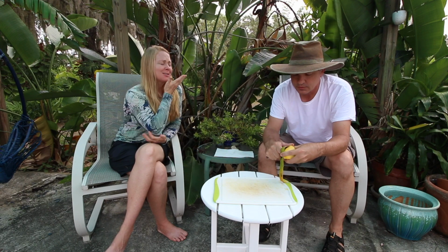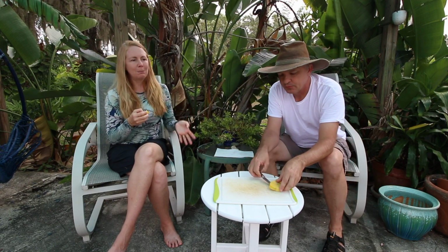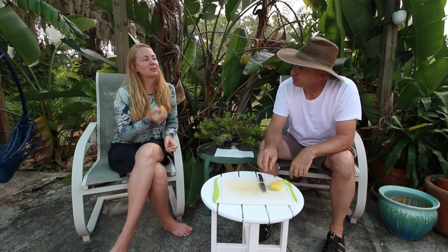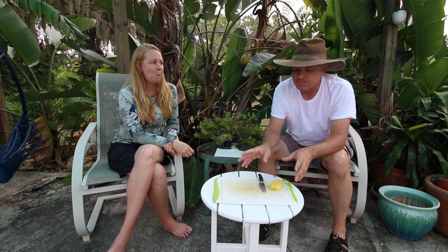There are parts of this that are so ridiculously good. I mean, if you could only have 5 mango trees, you should plant one of these, or Ice Cream, or Bombay, or one of those that is more complex. And this might be my favorite of all of them. I think it's slightly above Ice Cream, slightly above because Bombay. It's just a good balance of, if you want a